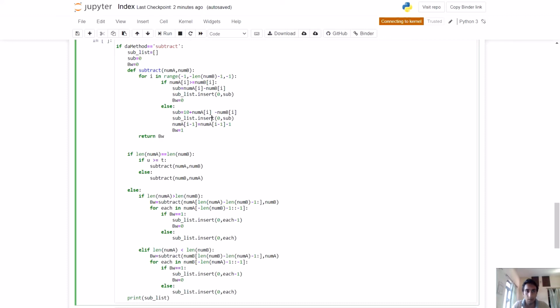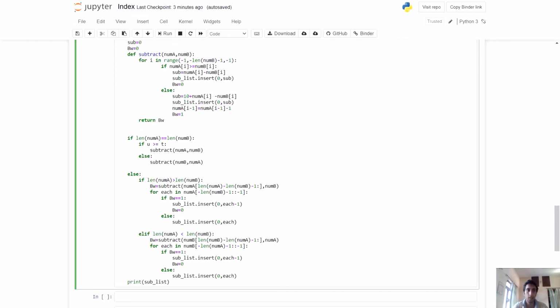Further, this subtraction we will put into the sublist, right? And what we will do here is, after taking borrow, the number from which we have taken borrow, we have to reduce 1 from that, right? Like as we do in the simple subtraction, and we will put borrow as 1 and finally return the borrow,